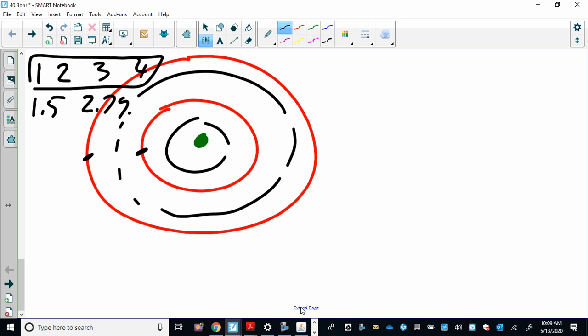Now, why could they only exist at these levels? I'm going to go into the next lesson here. We'll combine all these lessons. So this is quantum theory, that things have to happen in packages of light. So here's a little package of light. You can have that package of light and this package of light, but you can't have half of that. The reason that we think that happens is because electrons are not